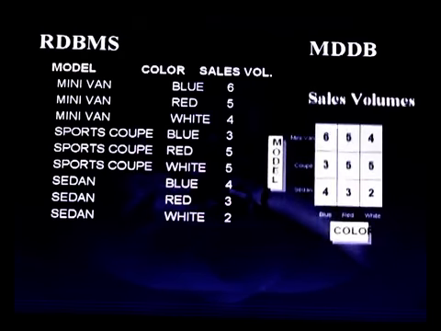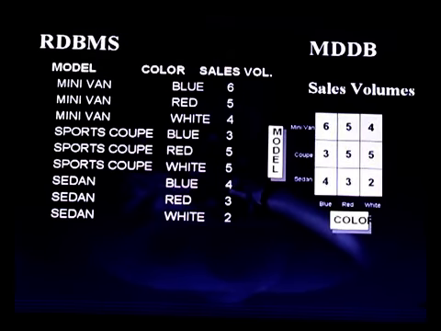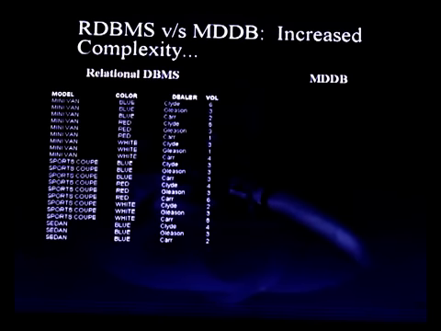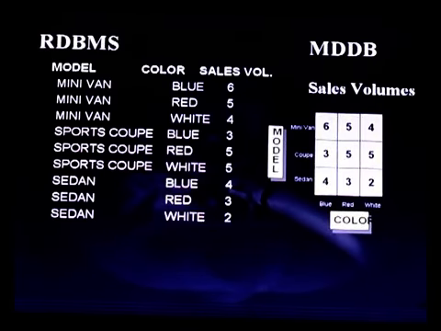Suppose you have 3 values here and 3 values here, then the 3-column representation of a relational model requires 9 into 3, 27 cells. Whereas the multidimensional database representation requires only 9 cells, 3 into 3, because there are 3 values here, 3 values here. If you extend the complexity by adding one more column, say dealership, a dealer is added here. So whenever one more dimension is added, I am putting 3 columns for perspectives, that means dimensions, and 1 column for sales volume. So it's a 4-column table.